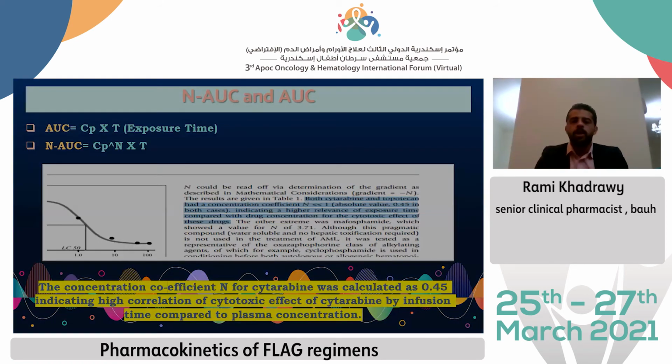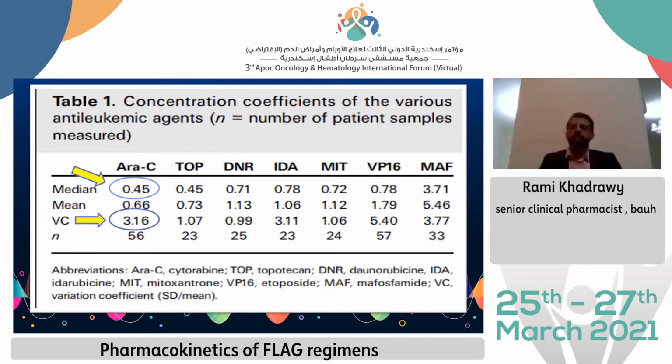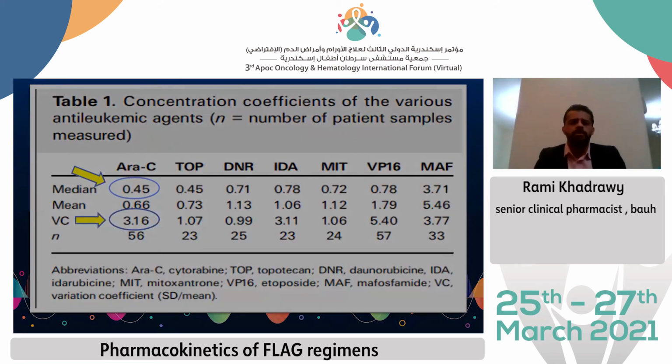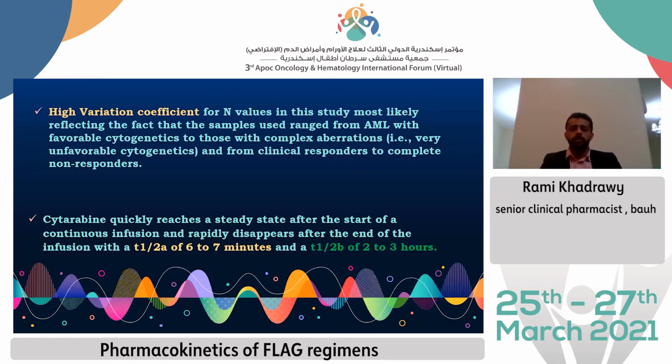Where other therapeutic agents were identified, idarubicin at 0.78 and mitoxantrone at 0.72 were nearer to 1, making the same contribution of concentration in the plasma versus the time of exposure towards obtaining an iso-effect. This iso-effect was named the NAOC, the AUC weighted by the n value. The median calculated n value of RSC was 0.45. 0.45 had a variation coefficient of more than 3, which was very high. This concluded that they used samples with different variables, ranging from favorable cytogenetics to unfavorable cytogenetics, good responders and poor